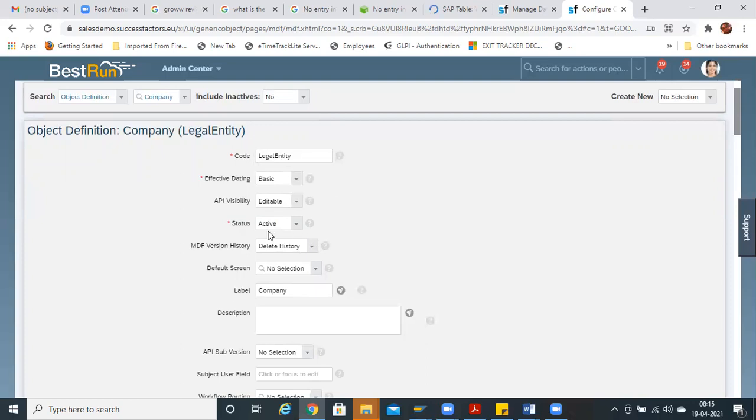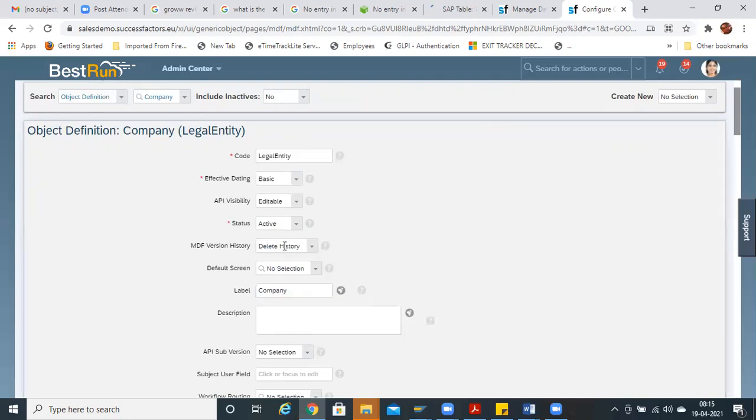MDF version history is for when you are configuring any object definition. For example, the object definition is already in place, and you come here and change the label, like the legal entity name. If you change the label or any fields, those changes are captured if you select complete history.